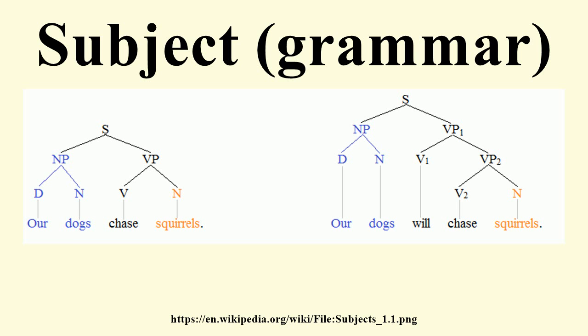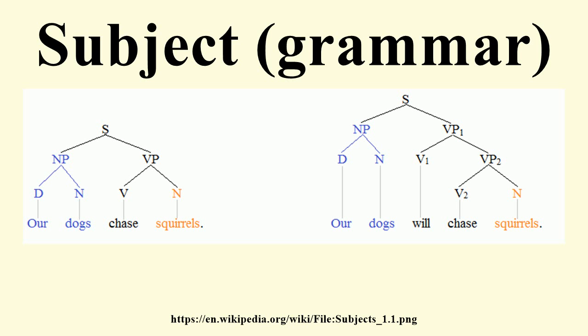3. Semantic role. A typical subject in the active voice is an agent or theme, i.e., it performs the action expressed by the verb, or when it is a theme, it receives a property assigned to it by the predicate. Of these 3 criteria, the first one is the most reliable. The subject in English and many other languages agrees with the finite verb in person and number. The second and third criterion are merely strong tendencies that can be flouted in certain constructions, e.g.,